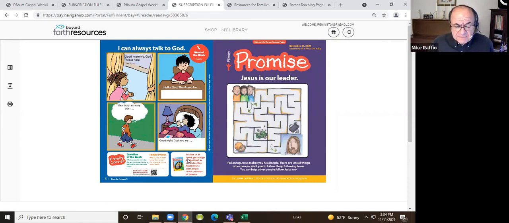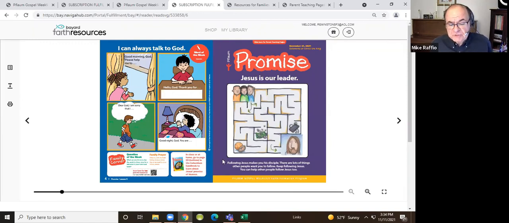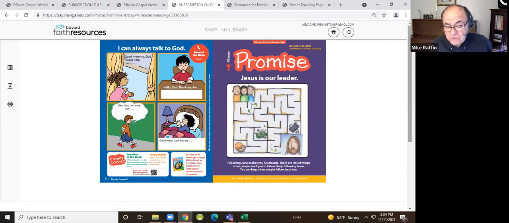Now, a couple of things that you might want to know so that if parents ask you these questions, you know the answer. And that is, well, what if I do have more than one child and I want them to be doing this at the same time? Well, the answer to that is they can do that so long as they have more than one computer.